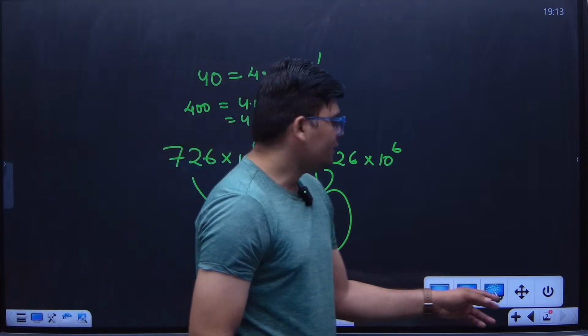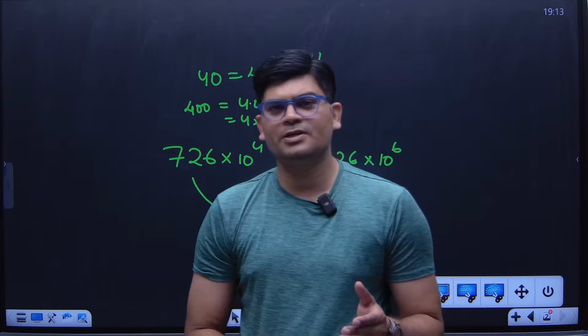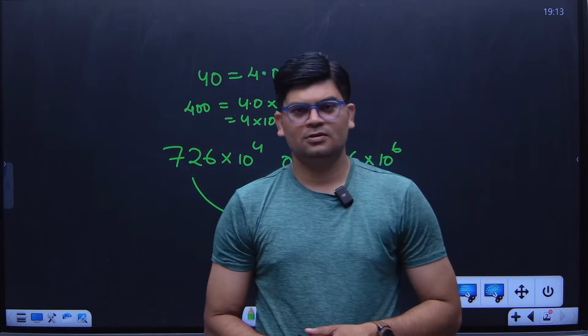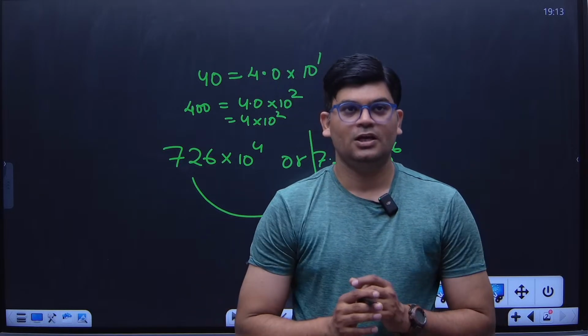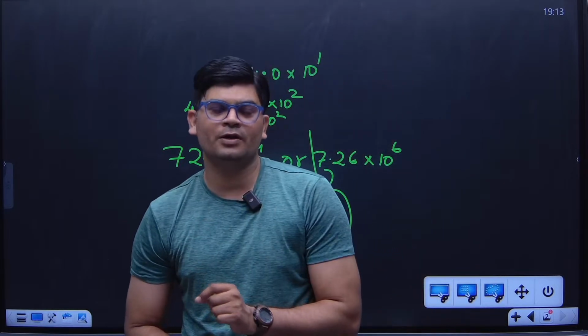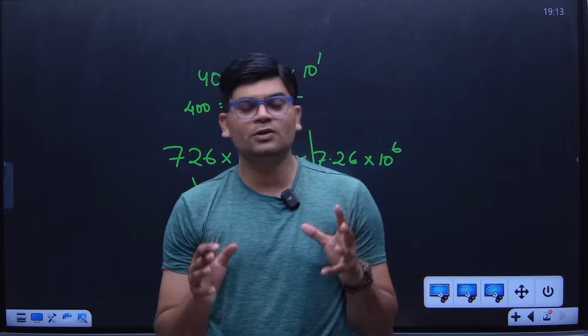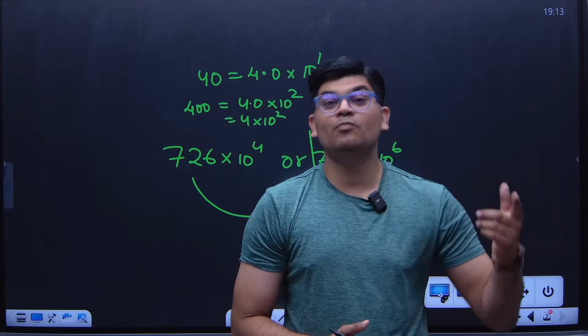Now, these are helpful in comparing the numbers, which number is bigger, which number is smaller. Greater the value of the numbers, greater will be the number if their power is same. If the two numbers have the same power, greater is the value of the number, greater is the number. But if the two numbers have different powers, then the number with the power more is greater.